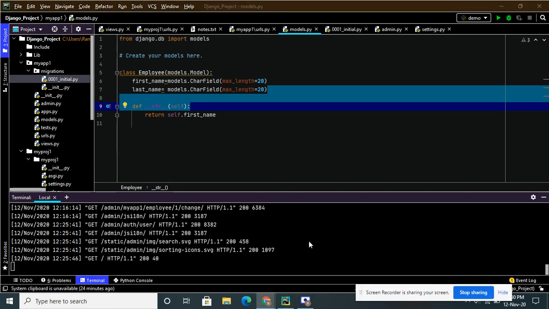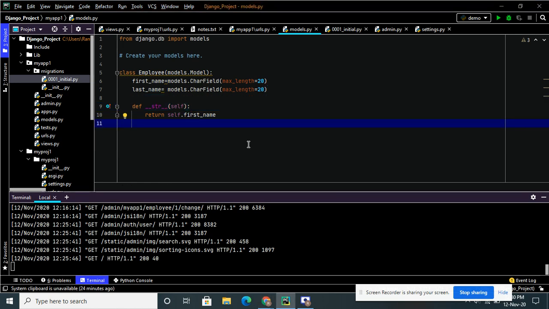Now I will show you. Previously I explained how to create a model. First we have to declare the class, followed by the class name. When you declare this as a model, it will represent the model. Now I will show what I have created.